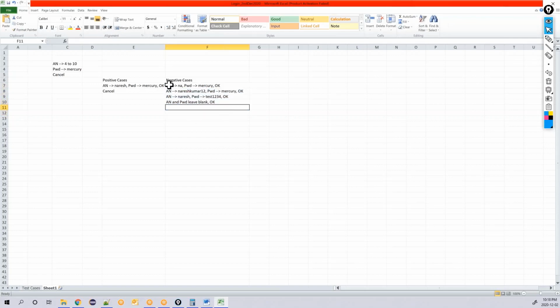Can we write any other negative cases here? Yes. Agent name, leave blank, password Mercury, and then click on the OK button. Now agent name, I'm going to enter correct details. Password, I'm going to leave blank, and then click on the OK button.